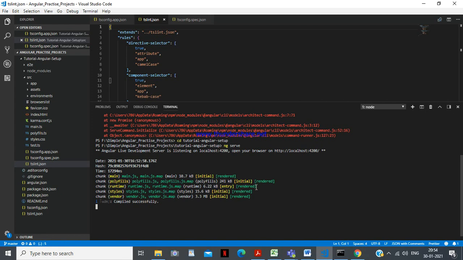Now the next is polyfills. There is polyfills.ts, so it loads all the files from the polyfills folder. Now the next is vendor.js. It contains any libraries or third party libraries imported into our application, which also get compiled in this file. So this is all about the files and how to create a project.